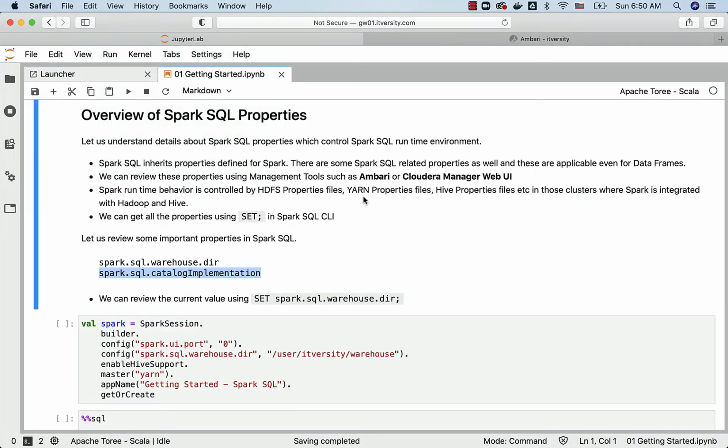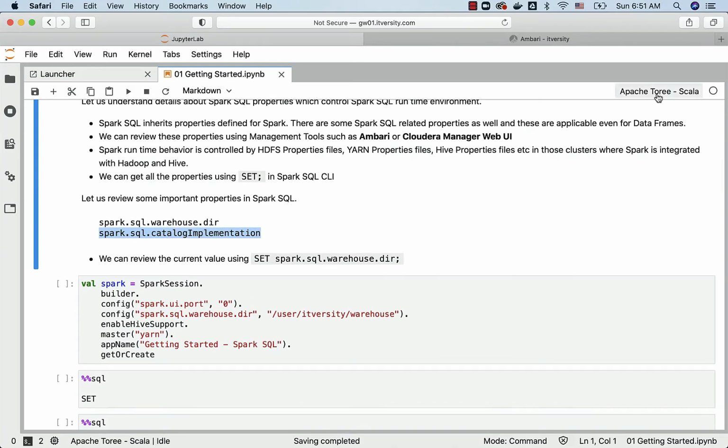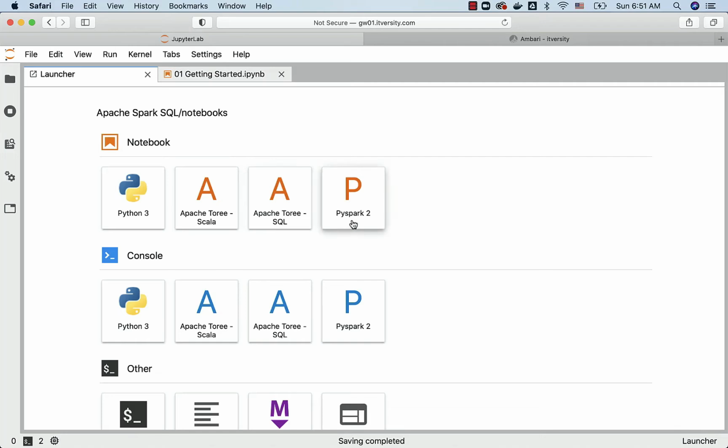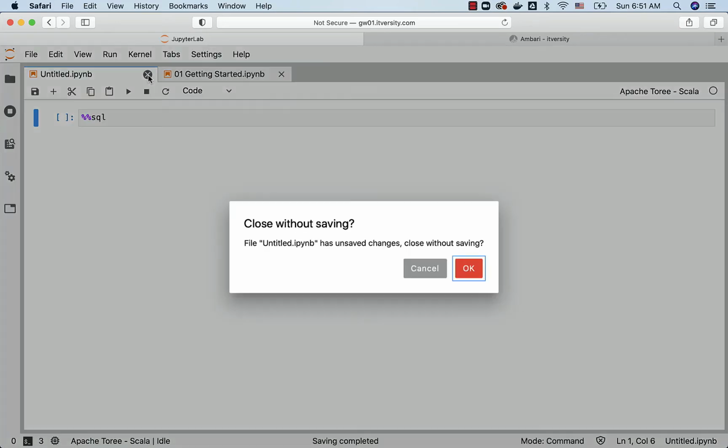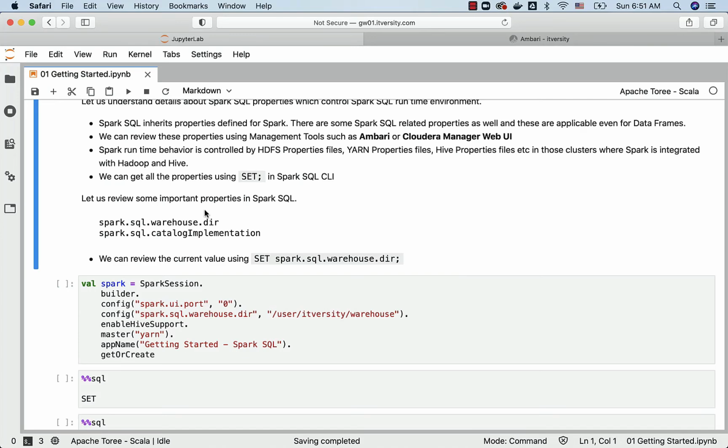Going forward, we will be using Jupyter based environment even to learn Spark SQL. You just have to make sure that you choose Apache Toree Scala kernel here. So for example, if you are using our labs, you can go to launcher, choose Apache Toree Scala and create a notebook, and then you should be able to run all Spark SQL commands using %sql, and you should be able to take it further. However, because we are using Scala kernel, we have to create the Spark session with appropriate properties, then only it will work. I will walk you through how it is going to be using this material.